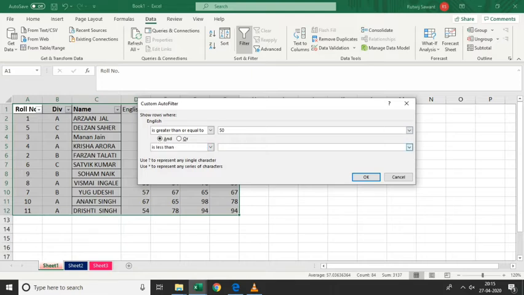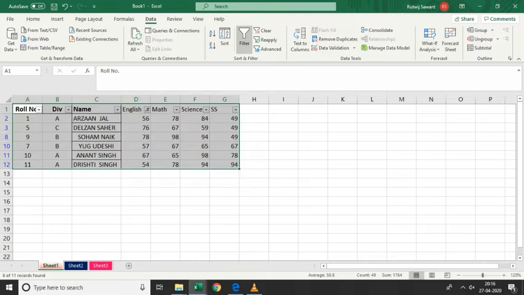So this is called a custom filter. What this will do, this will check the number which comes between 50 and 80. Once you have done, click on OK. So you can see those who have scored marks above 50 and less than 80 will get displayed. I have put a condition on this column, within the English column.